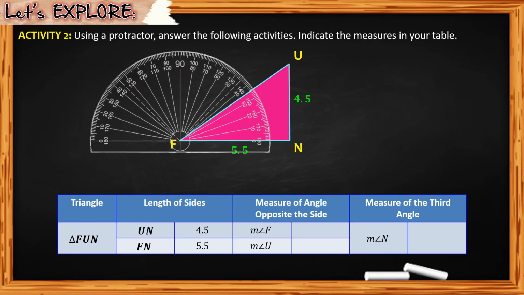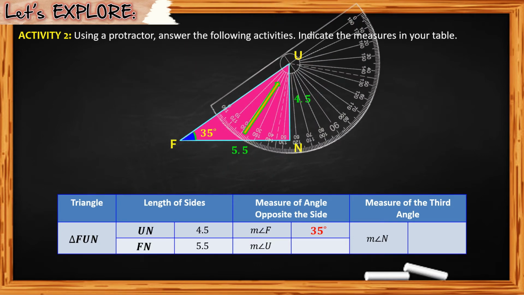protractor. Now take note, we are going to align the side on 0 and place the center of the protractor on the vertex. Now as you observe, we have here the numbers on the outer part of the protractor, and we have also the numbers on the inner part of the protractor. And take note, the starting point is always 0. So we are going to use the numbers on the inner part of the protractor. So we have 0, 10, 20, 30, and that is in between 30 and 40, so we have 35 degrees. Next, the opposite of FN